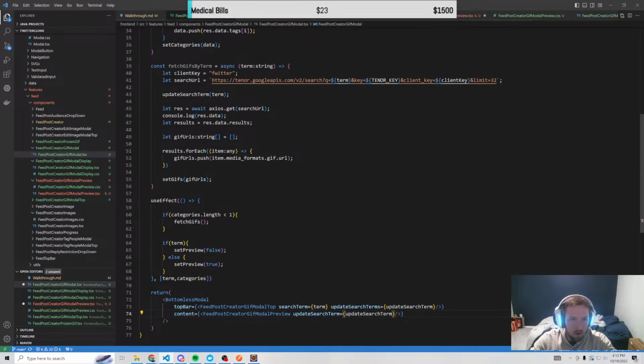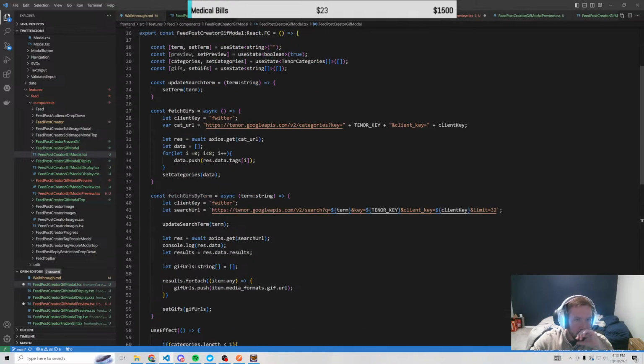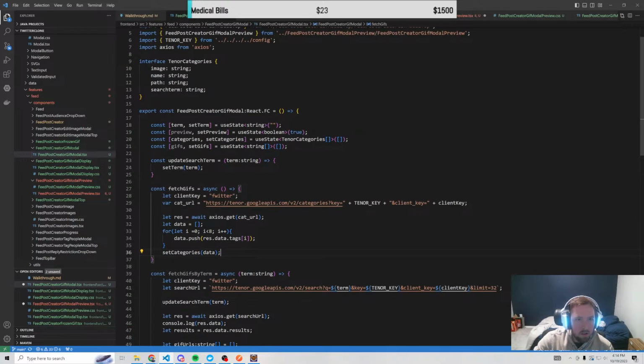However, we are going to, so what we'll do, so this, it's the URL, blah, blah, blah, data.push tags, set categories data. Our categories has an image path. So what if